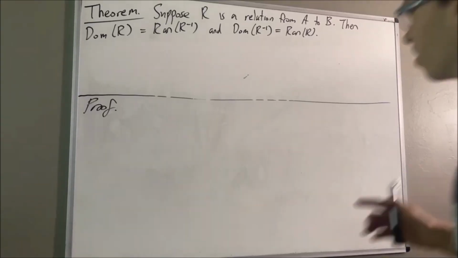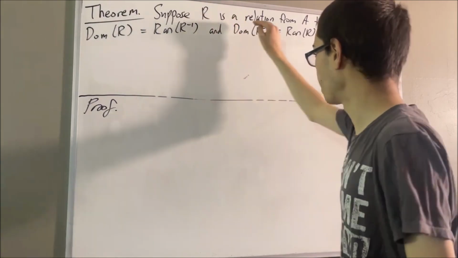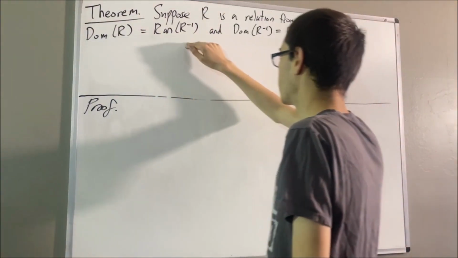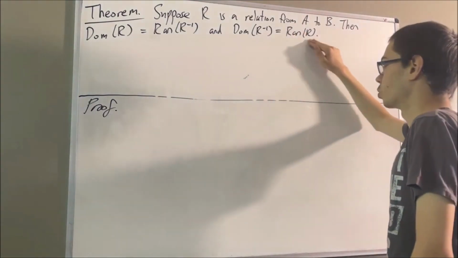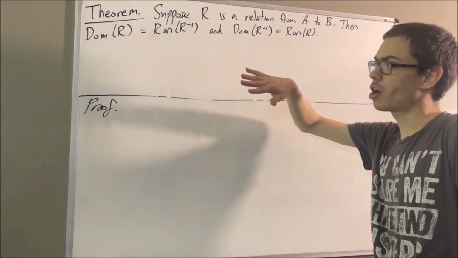Hello! In this video, we are going to prove the following theorem. Suppose R is a relation from A to B. Then the domain of R is equal to the range of R inverse, and the domain of R inverse is equal to the range of R. Now, to prove this, we're going to start out by proving